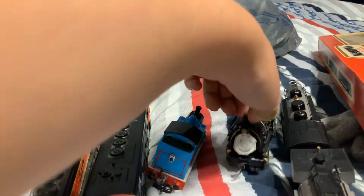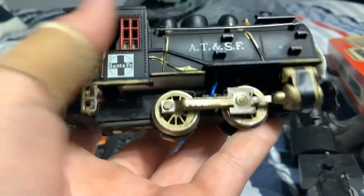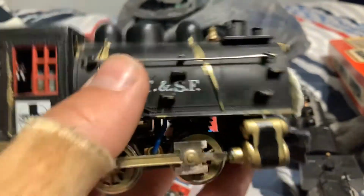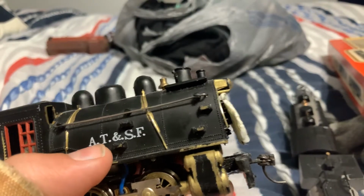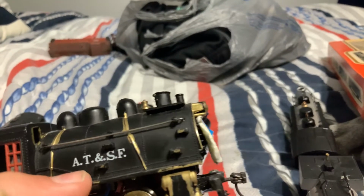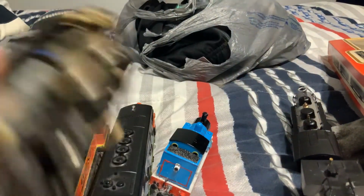And here's my other small one. It's just an 040 with gold detailing. It's an ATSF instead of SF, which I just now figured out was called Atchison and Topeka and Santa Fe, not just some random railroad and then Santa Fe. I don't know why Santa Fe combined with such a random railroad. I don't know of anybody who knew Atchison and Topeka before it merged with Santa Fe to form ATSF. Then ATSF formed with BN to make